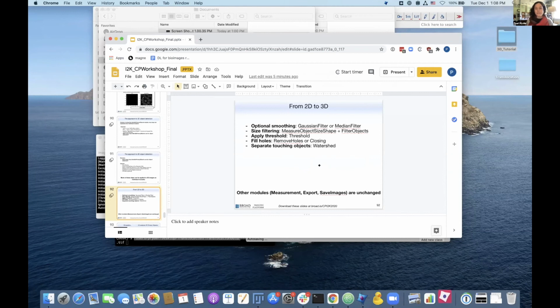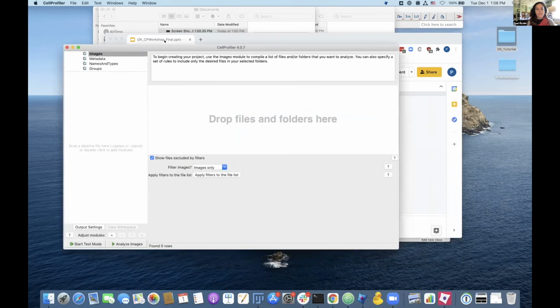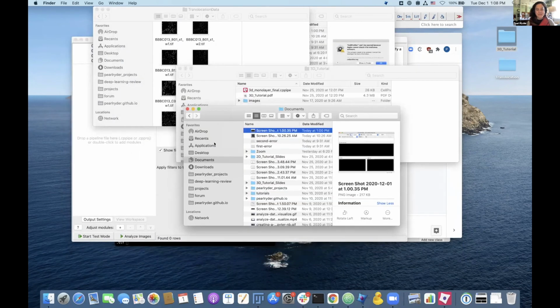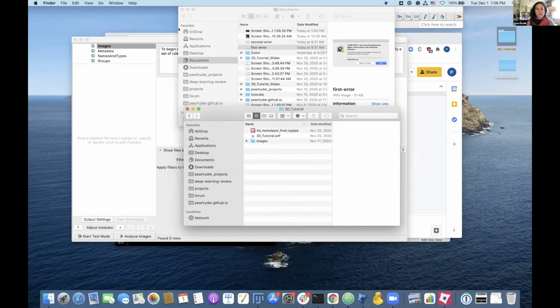So I'm going to start up CellProfiler here. And are there any questions while CellProfiler is opening up? Sounds like we're pretty good so far. Okay, so